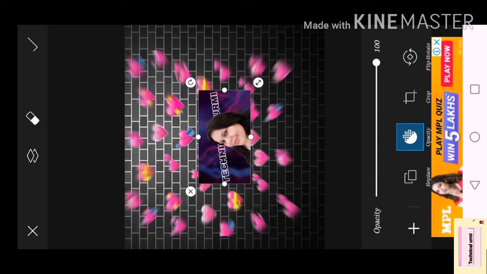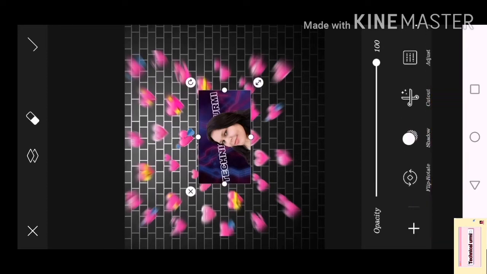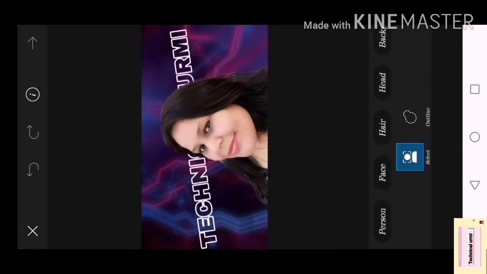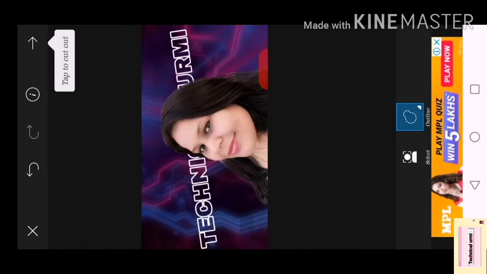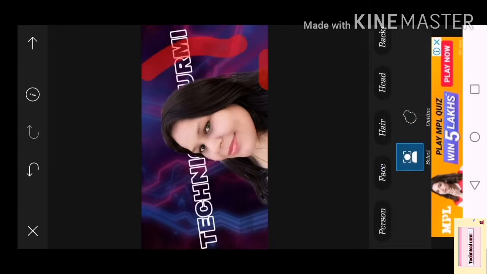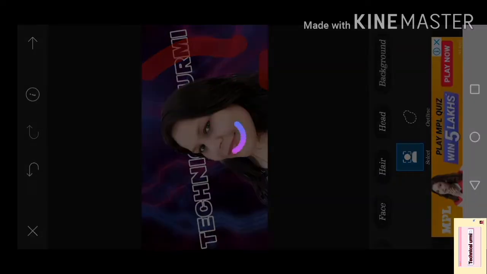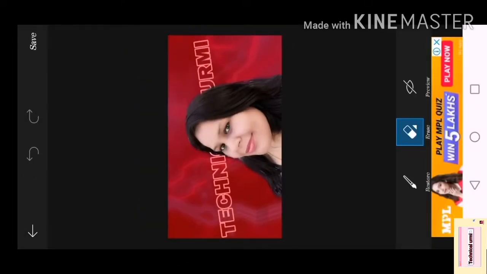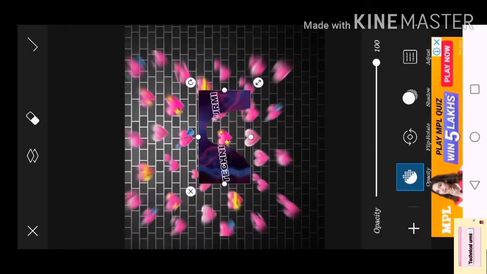Now you can see here is my picture, and I want to use the option that is the cutout. When I click on this cutout option, now it's asking about the background. If I click on cutout and outline, if I select outline, then you can see it like this, but I'm using the select option. Background, then it removes my picture, and the rest of the background part will be here. When I click on the save option, my picture will be removed and the background part is there, but I don't want this. I want my picture here.